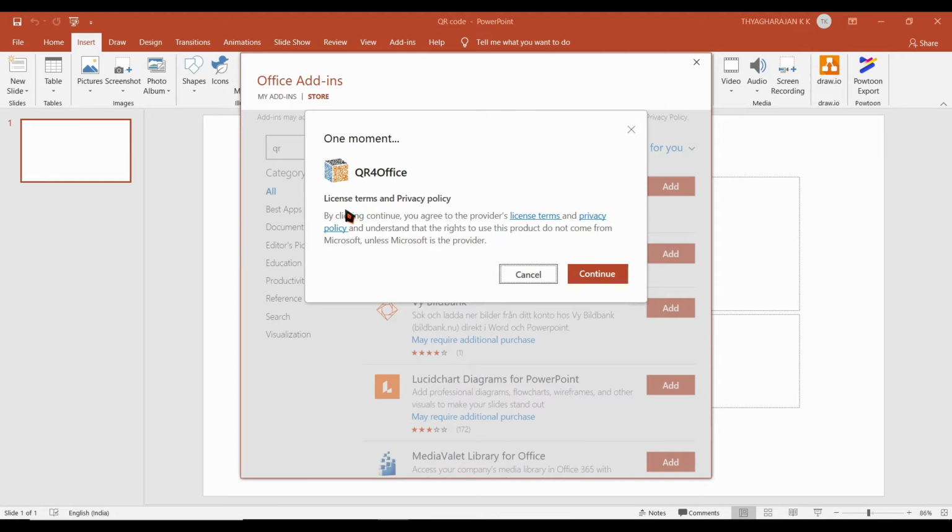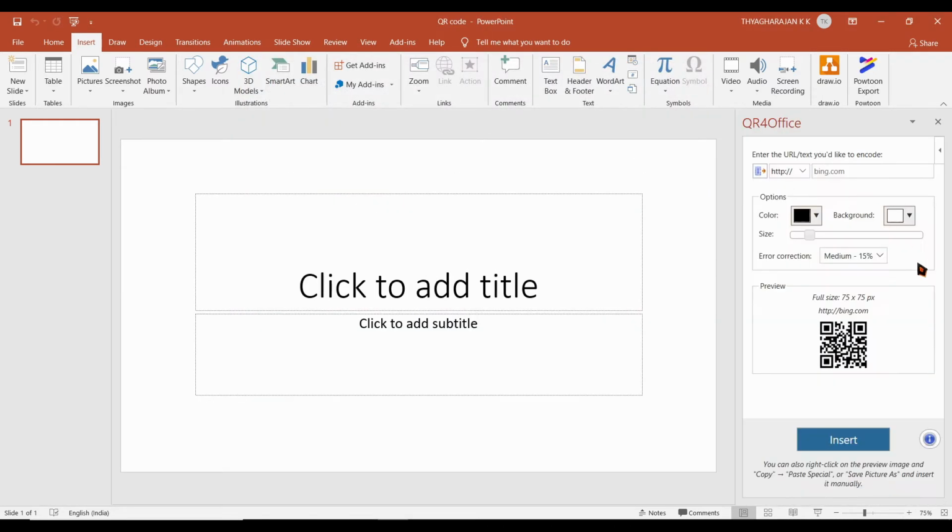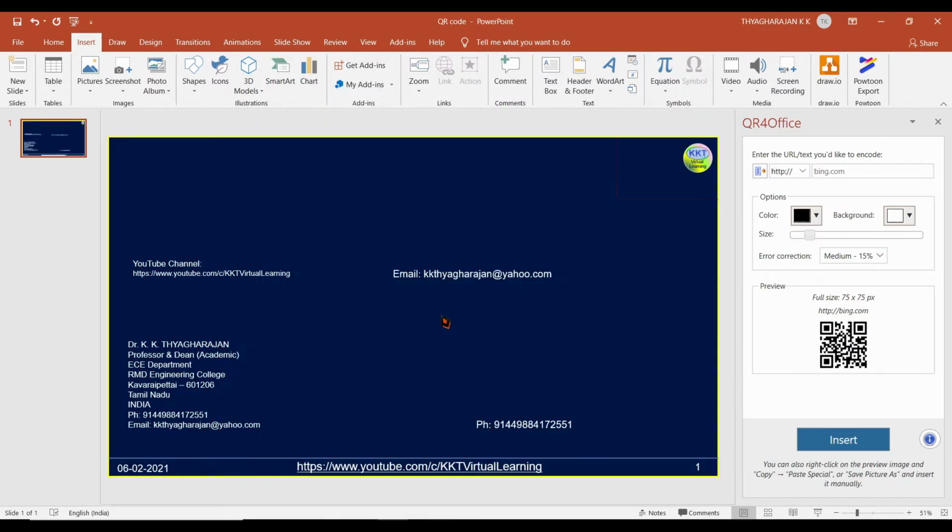It is asking license terms and privacy policy. It is free. You can choose this. You press continue. It is loading. Now it has been loaded. Now I open the PowerPoint. Let me generate the QR codes for my YouTube channel,